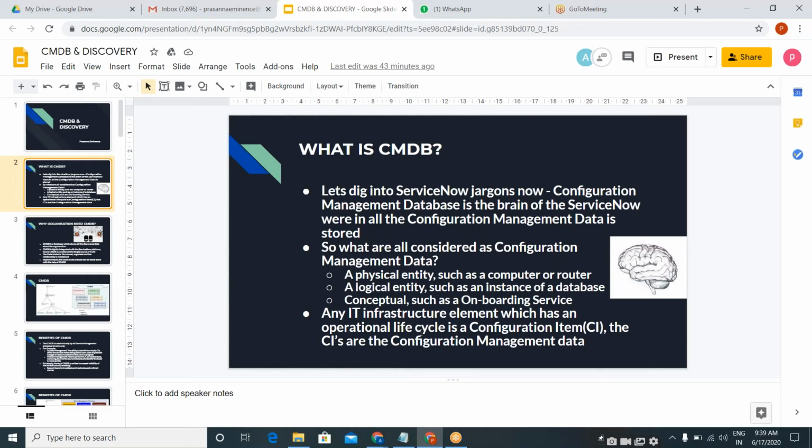I thought these three are interrelated: discovery, service mapping, and event management. These three are the first and very important parts of ITOM. Other than that, you have orchestration and operation intelligence, which are still in the implementation stage in ServiceNow. They haven't implemented it in a proper way, because nobody got any projects according to it. When you get more projects on that, you will get more and more implementation. And you have CSDM as well,